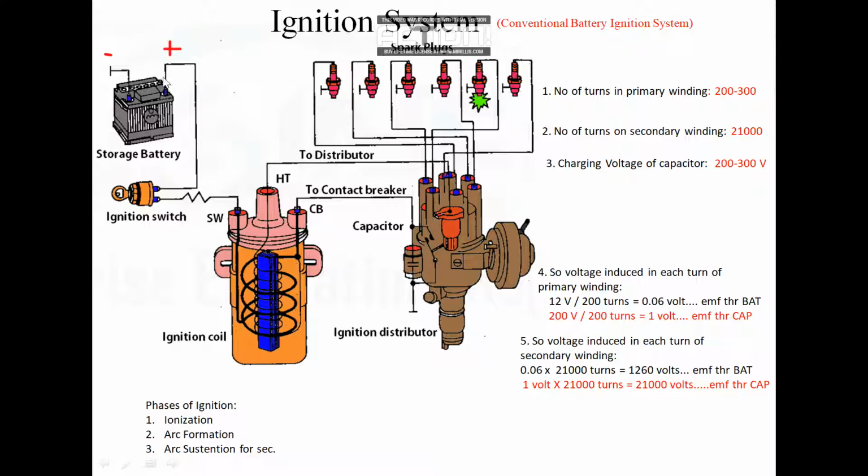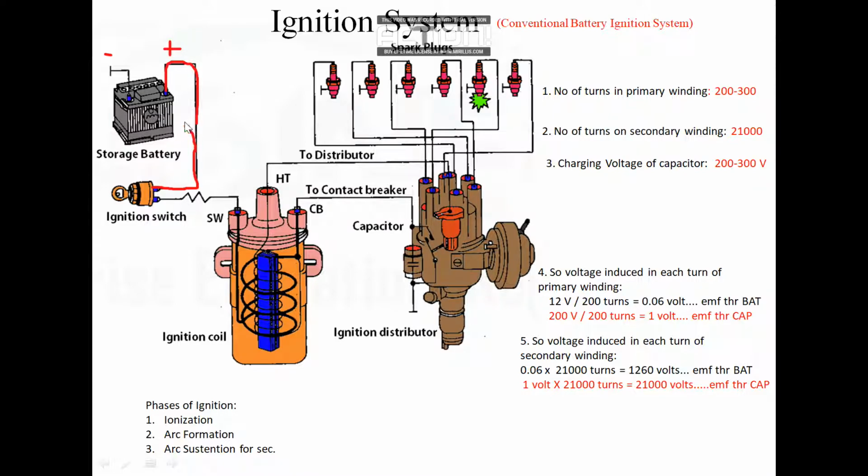So the positive terminal of the battery goes through this way and enters the ignition switch. This ignition switch is nothing but your keyhole, or key switch, where you insert your key and turn it. Before this wire enters the ignition switch, there is a kill switch present in the case of a two-wheeler. In a four-wheeler, there is no kill switch. In a two-wheeler, it is in series with your ignition switch.